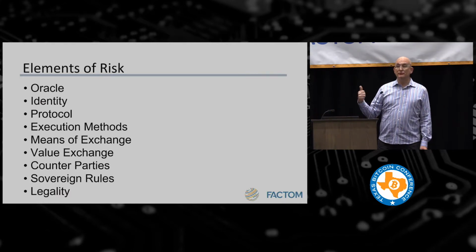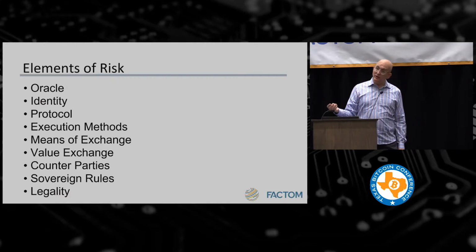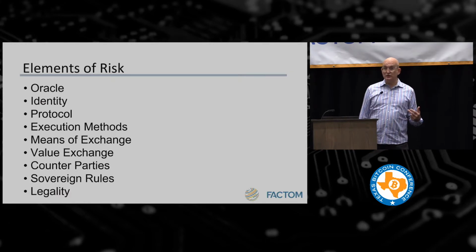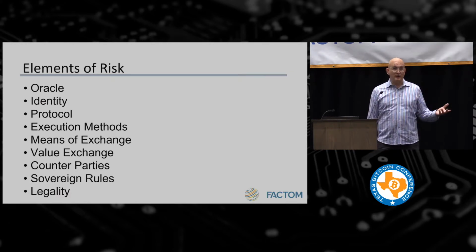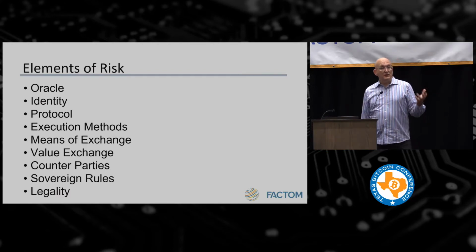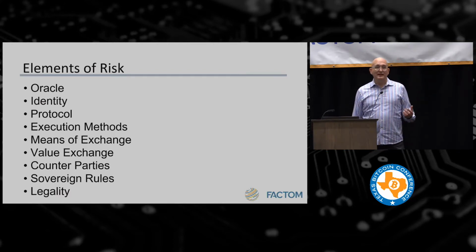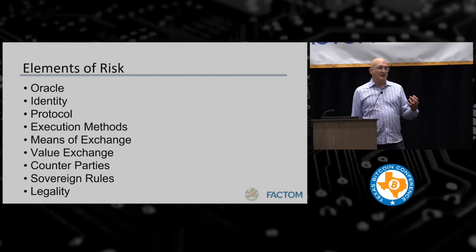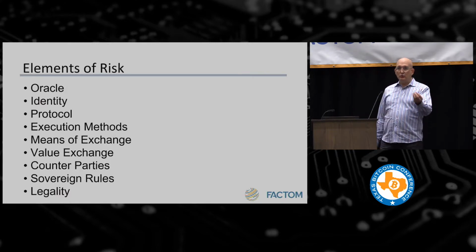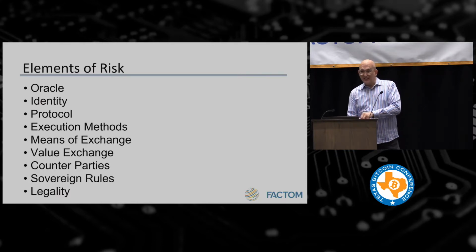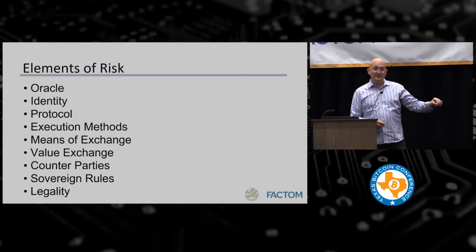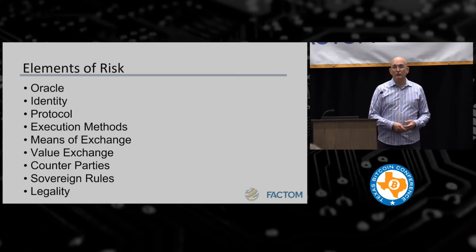And I may have to prove that I'm not laundering money, so the AML laws, anti-money laundering, or it could be that I have a KYC issue under the Patriot Act to make sure that somebody's not defrauding me in the exchange. So these are really, really important things when it comes to identity. So it's really important that we're able to take the proof of who you are and put that into the blockchain. When we can do that and we can affix that information, and then we can trace that back to the contracts that have been signed in a smart contract, that's where we start to have real power.